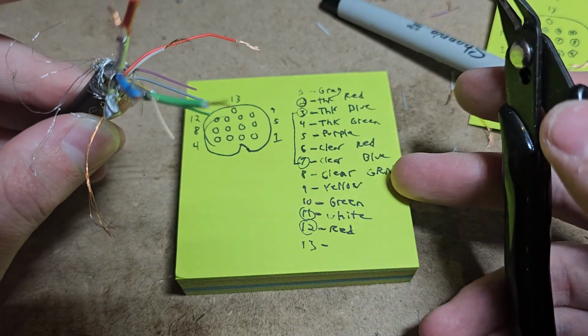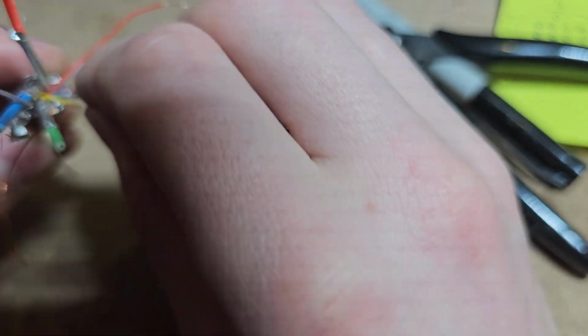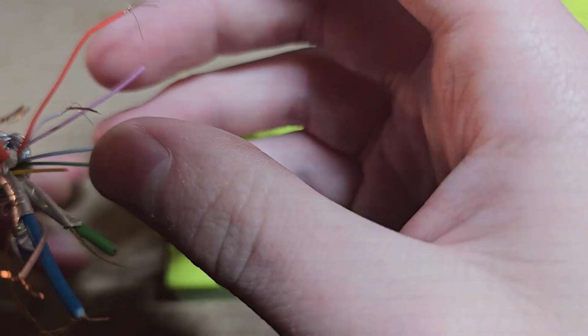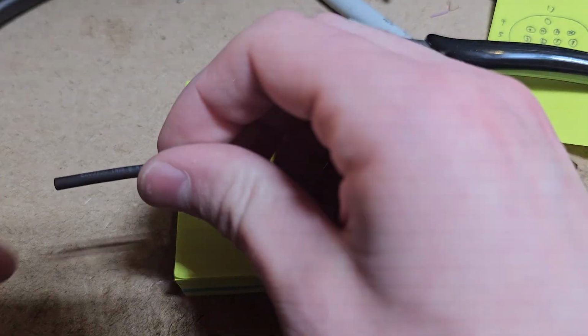Cut that. So now the ones that we've cut, what we can do to make sure they're not going to have a curly Q just happen to get in there and touch something and short something, which could fry your radio, so take that seriously. There are a couple ways you can do this. You can wrap it with electrical tape, or if you have some really small, thin heat shrink, you can use that too. That's what I'm going to use. I got this thin stuff. You can do each wire